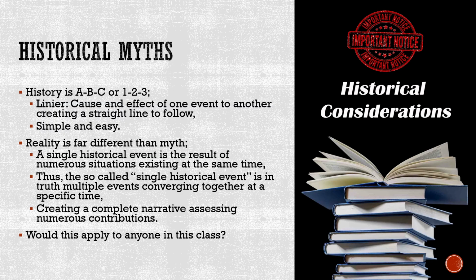And this, I would ask you to apply to yourself. When you get into a car accident, is it just that you got into the car, drove to point A, and then along the way you got hit? Or do you have to account for what happened with the individual that hit you, the road conditions? We tend to want to oversimplify history, but that's impossible because we're dealing with people, and people are anything but simple.